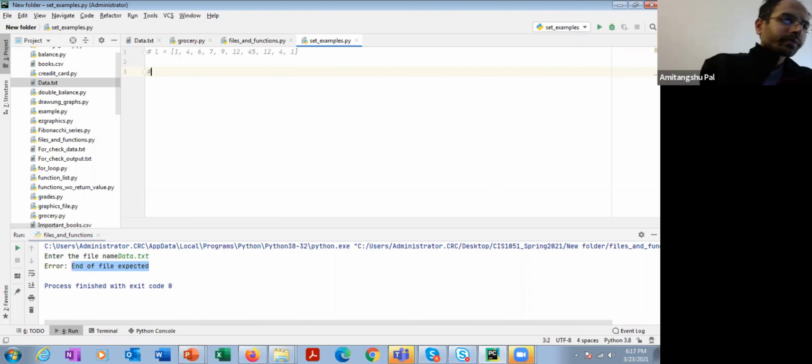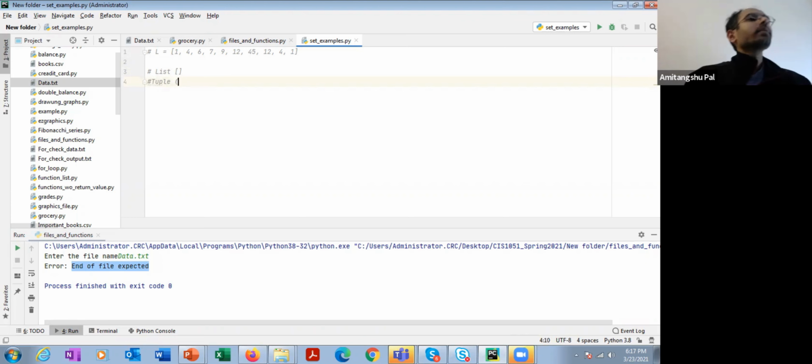So first let's learn the syntax. For a list, we write the elements inside square brackets. In the case of a tuple, we have learned that the elements are written inside parentheses.